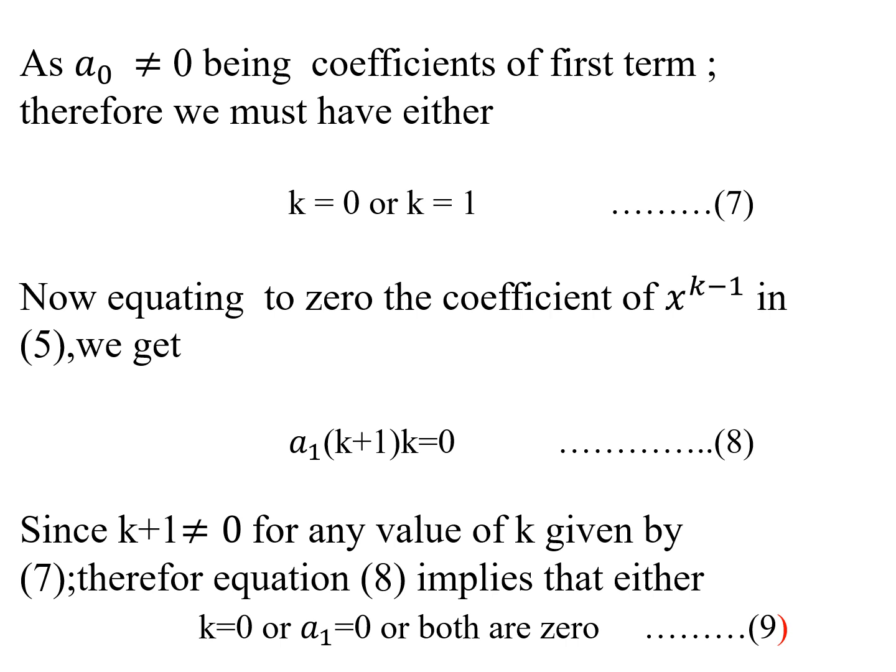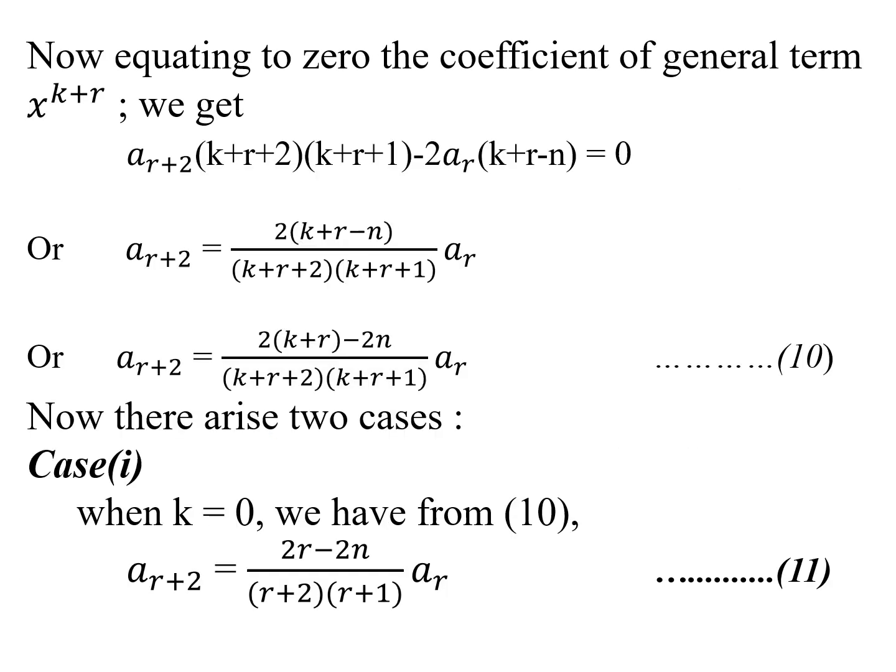Here, since k plus 1 is not equal to 0 for any value of k given by this equation, therefore equation 8 implies that either k is equal to 0, or a1 is equal to 0, or both are equal to 0. Now, equating to 0,